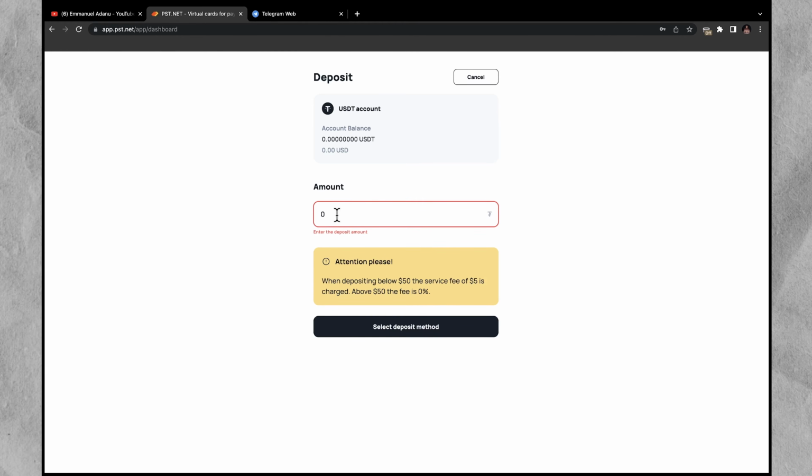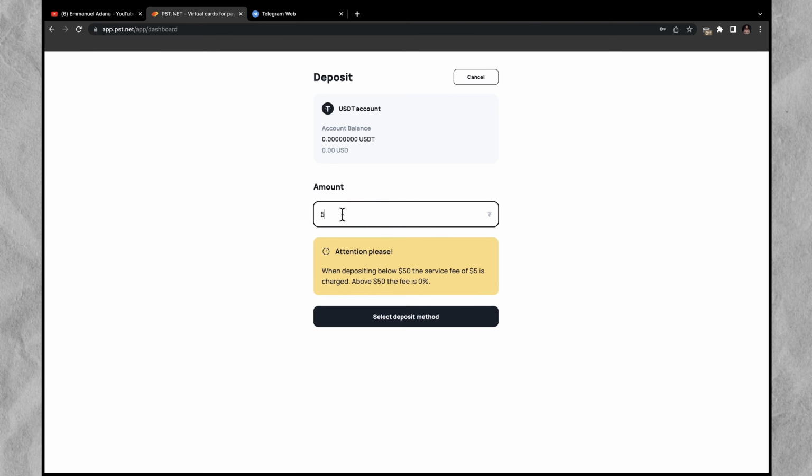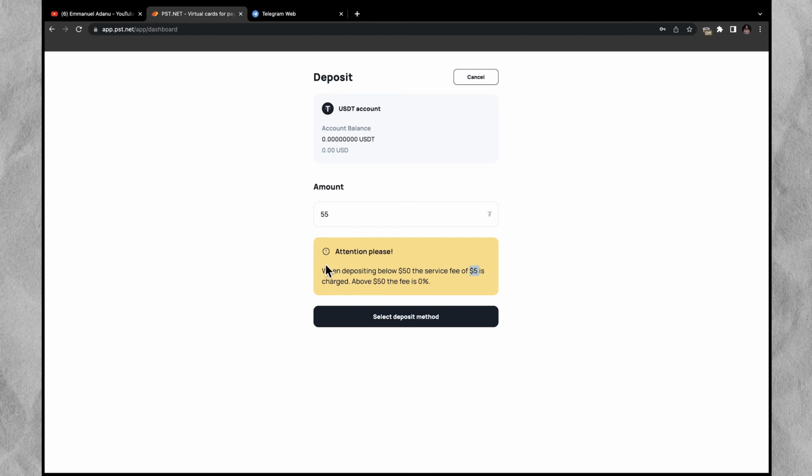To get your new card, you can just deposit something like $20, and this will cover the $16 monthly payment for the card, and then the initial amount you use to fund your card. So you can just start with $20 or so, but for me, I'm going to use something like 55 USDT. That way, I won't get to pay this $5 charge for deposit under $50,